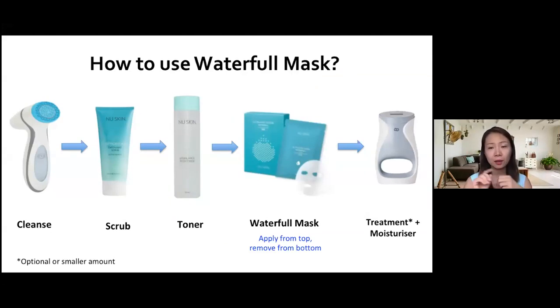Okay, and when you put the sheet mask, you put it from top to bottom. All right, and you wait for 10, 20 minutes. Okay, remember, sheet mask, don't leave overnight. You don't, wow, because it's so precious, I want to let my face soak up until the whole thing dries. If by the time you take out your mask it is dry, mind you,